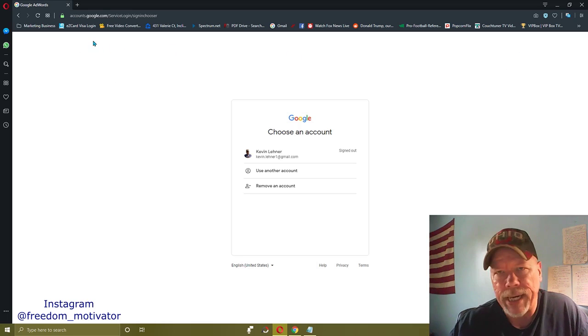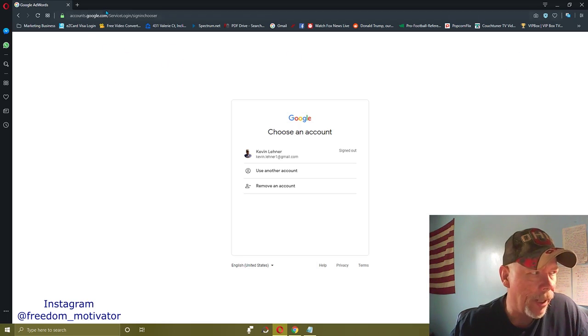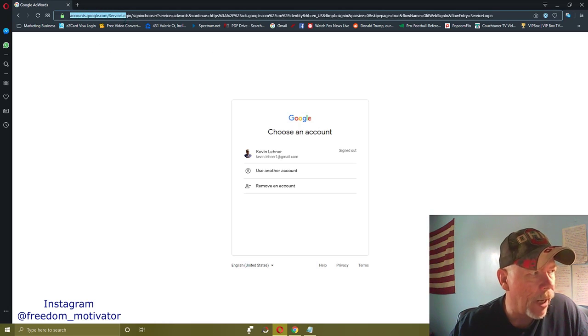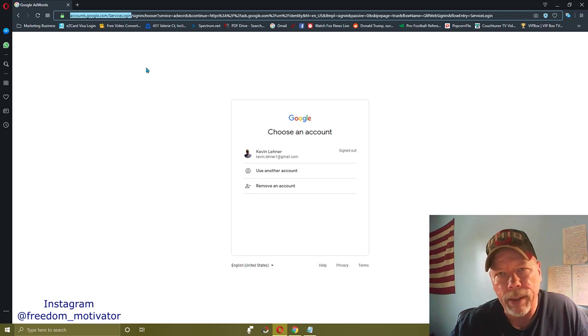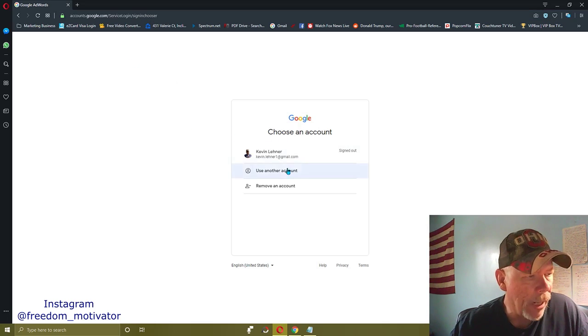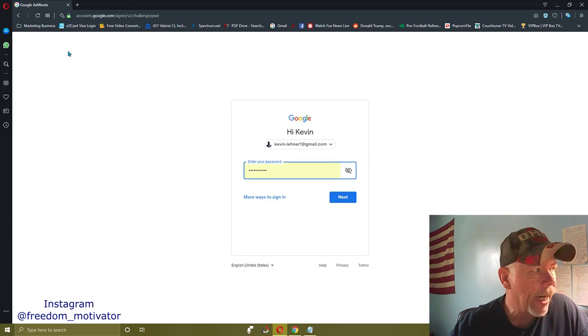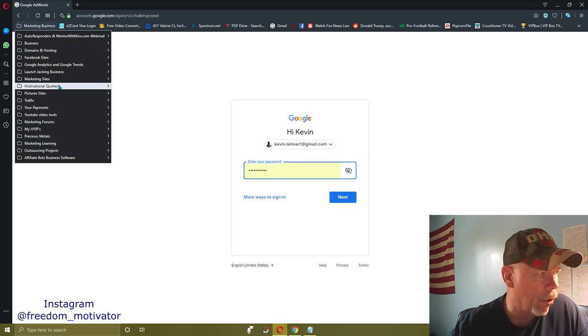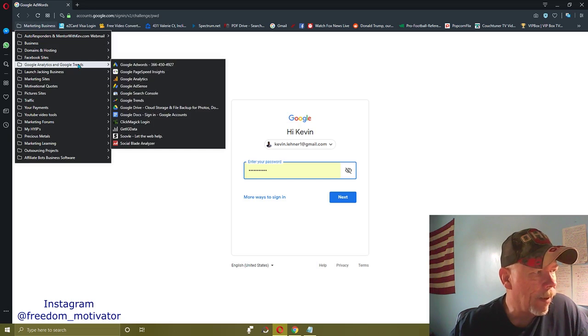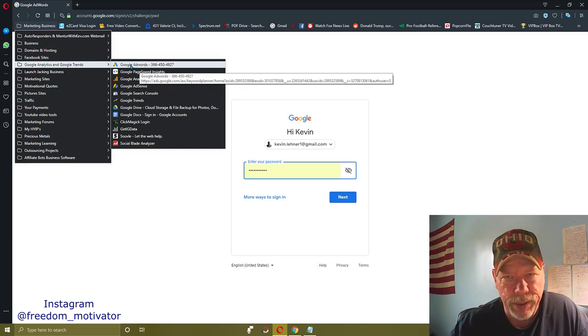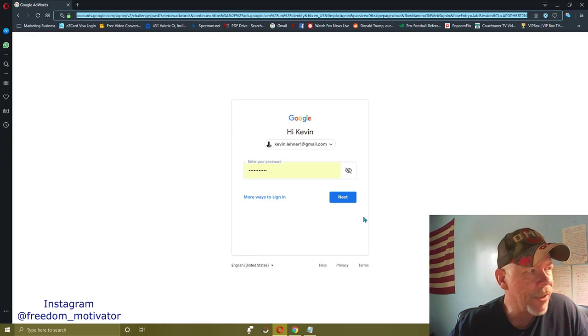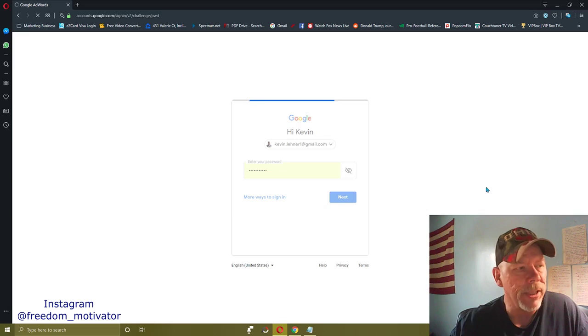Now I've already got mine set up here, so when I load it up, it comes to accounts.google.com service login over here. So I'm going to log in here, and it will automatically log me into my Google AdWords account, which I have right here at the top of this menu. All right, so we'll go ahead and sign into my Google AdWords account here,